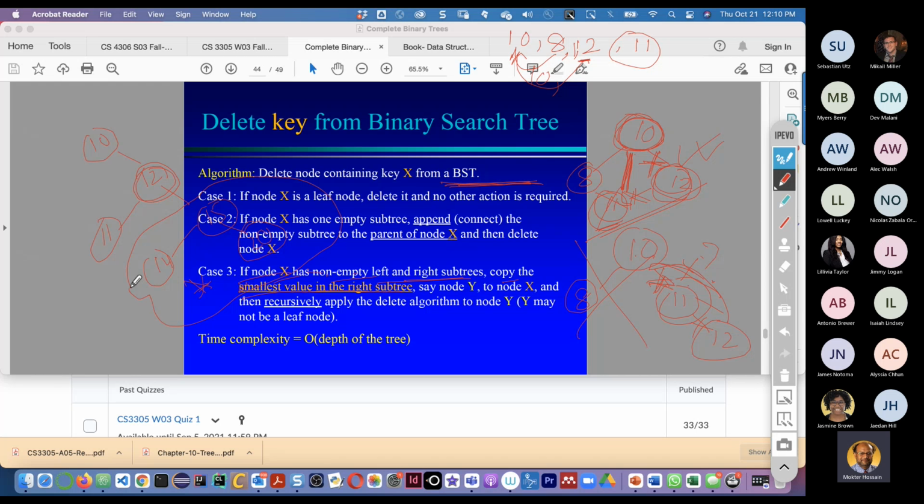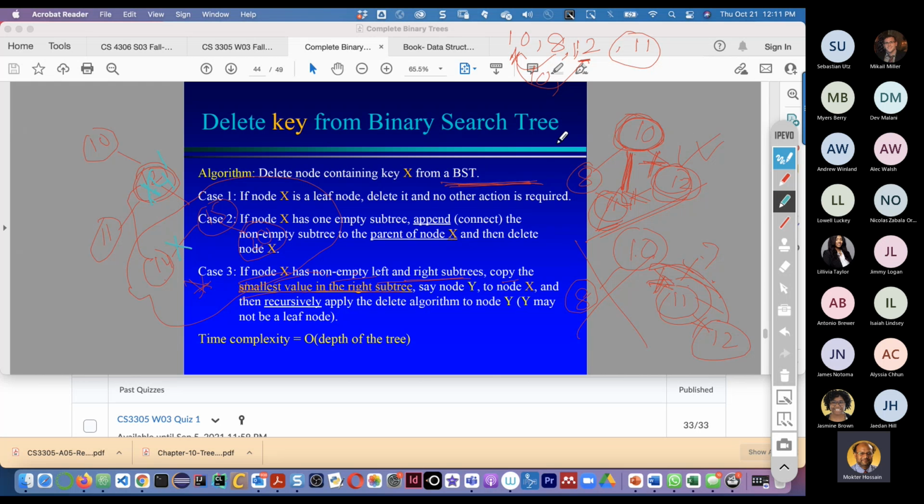Either get the lowest value from the right subtree, that is 14, and put this 14 over here. So then 12 will be replaced by 14. Put 14 over here, and then delete the original 14. Actually 12 got deleted, not 14. 14 came here, 12 got deleted.